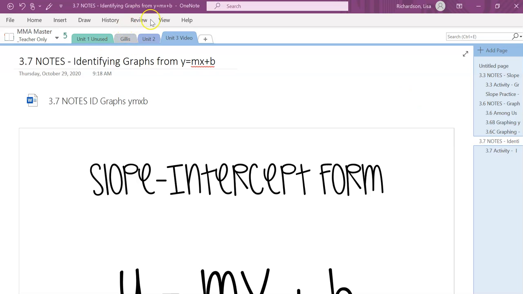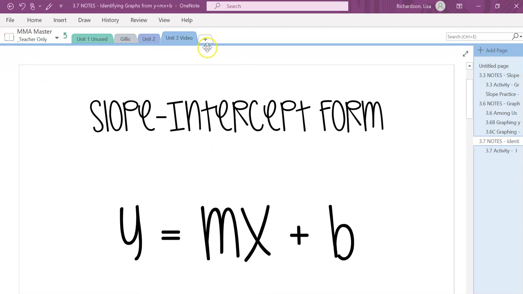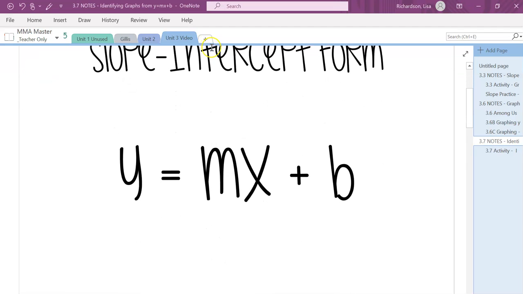These are the notes for 3.7, identifying graphs from y equals mx plus b. So we're actually still going to be practicing what we worked on in unit 3.6, where we're graphing when it's in the form of y equals mx plus b. What I wanted to do first is go over just basically the formula with you and talk about a few things, highlight a few